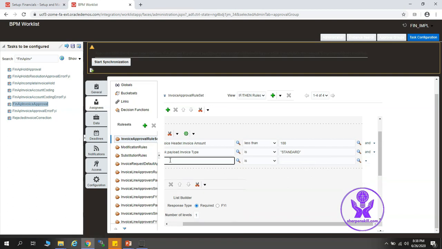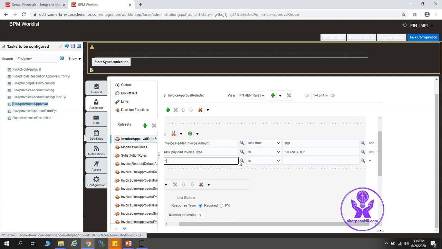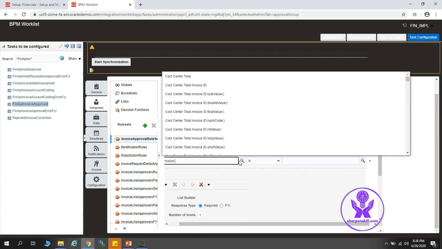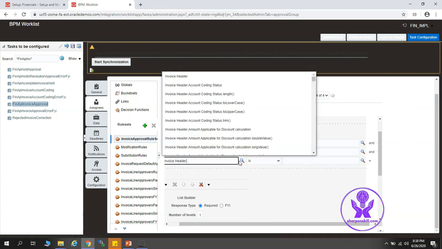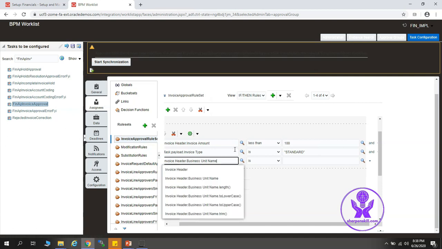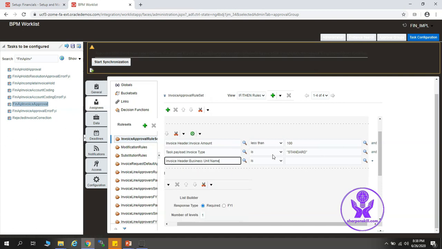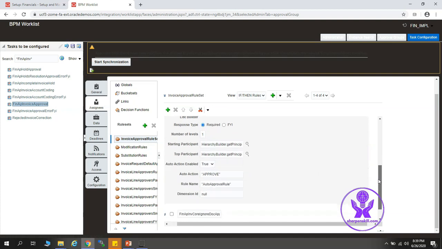Now I can search from here, or I can type invoice header dot business unit name, right? Here I have to give it in double quotes, US 1 business unit. All right, and this will get auto approved.